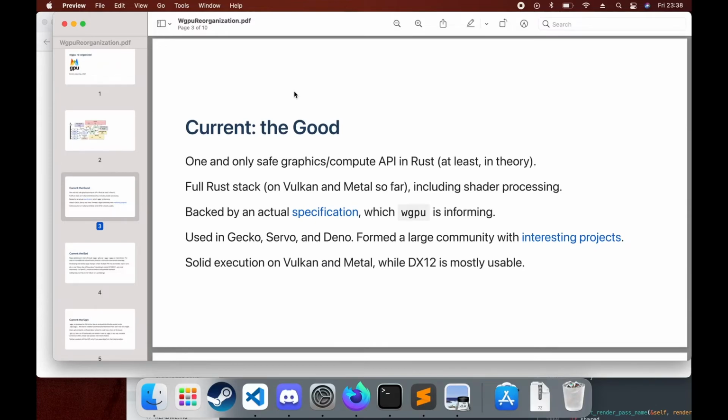It's aiming to be the full Rust stack. It's currently already purely Rust on Vulkan and Metal, and soon is going to extend to other backends. It is backed by the webGPU specification, and our experiments are helping the specification to reach a good state. And it runs fairly well on Vulkan and Metal. We have a lot of happy customers.